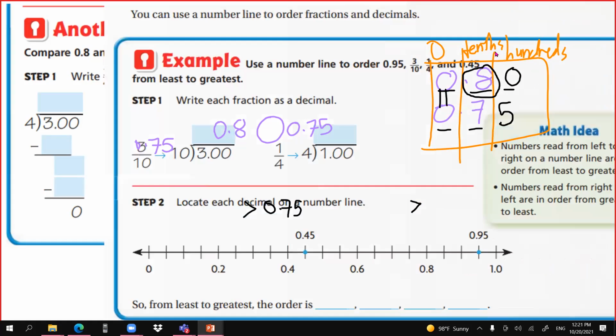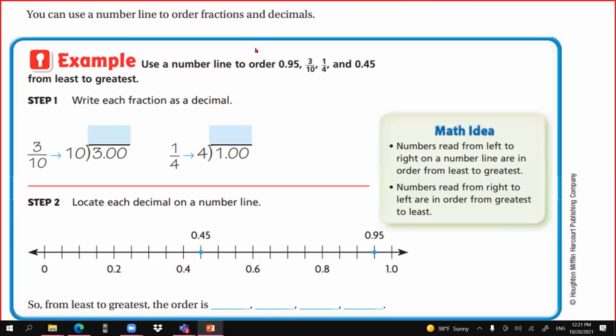Okay. Now, another way to compare numbers is by using the number line. Like here, what do we have? 0.95, 3/10, 1/4, and 0.45. If you want to compare between these numbers, as I told you, you can write them as decimals, then compare between them as we did before, or you can locate them on the number line,